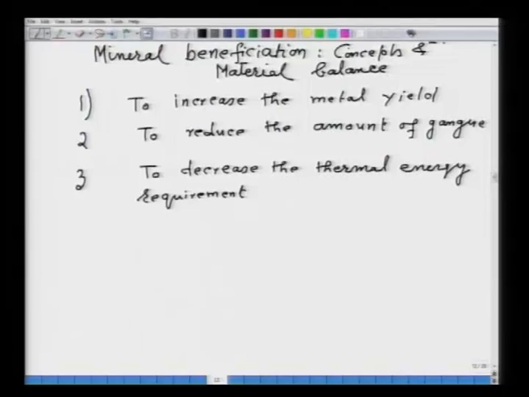So, the separation of metal from gangue occurs at high temperature. So, the third benefit is to decrease the thermal energy requirement, and the fourth benefit is that you recall another